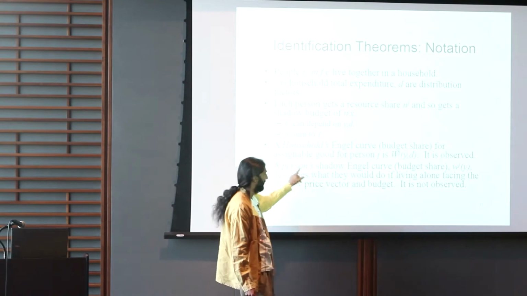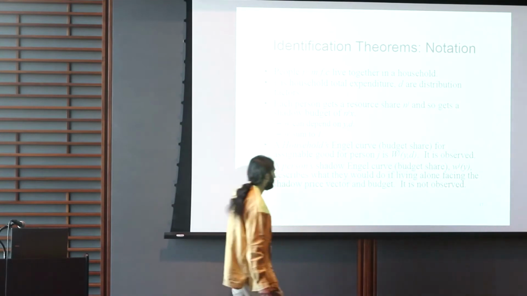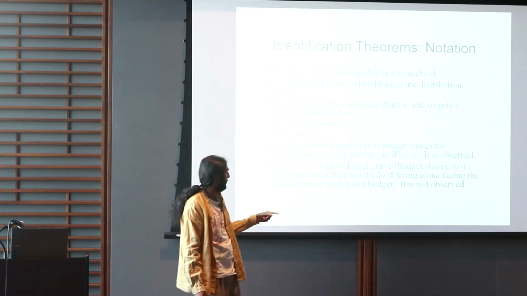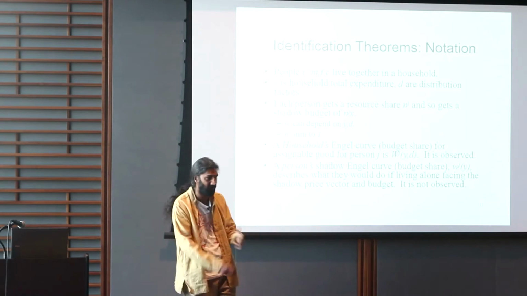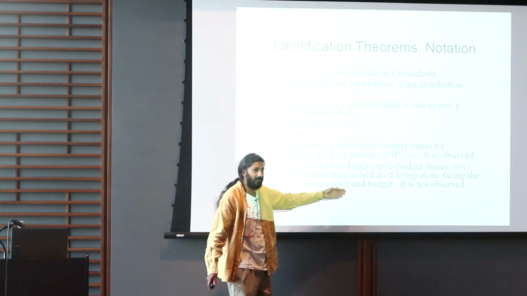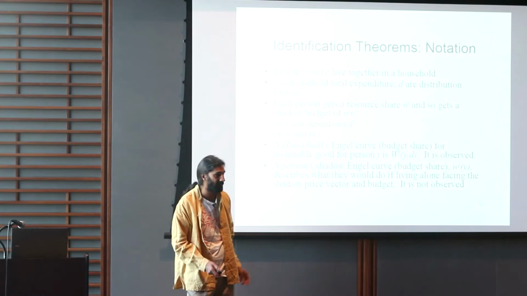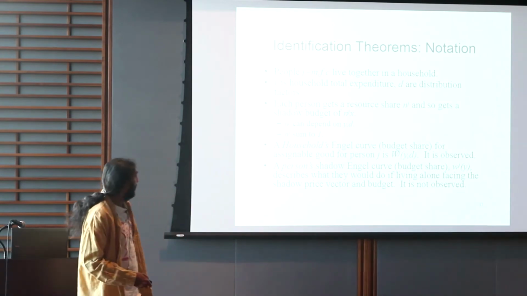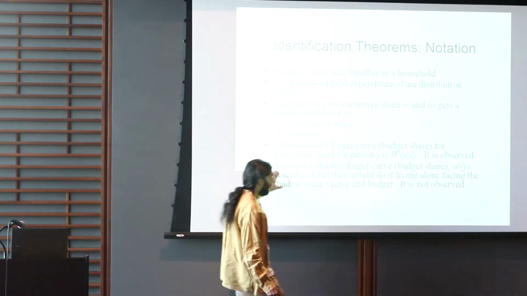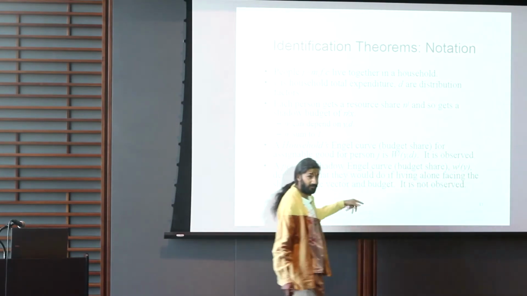A person's shadow Engel curve, or budget share function, is little w^j, which is a function of y, the household budget, and it describes what that person would do if they were living alone, facing a shadow price vector and budget that exists for them in the household. And it is not observed. Because I have children in the model, it's not even a thing that could be observed. It's just a what-if, a thought experiment. And you're going to have to hold in your head that this is evaluated not at the market price vector, but at the shadow price vector inside the household.